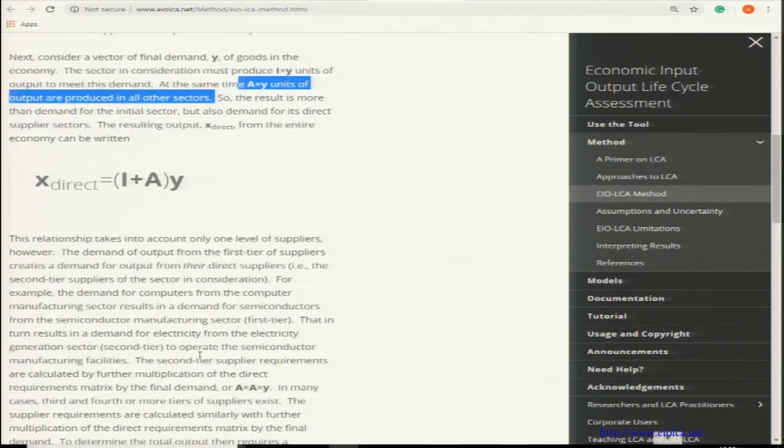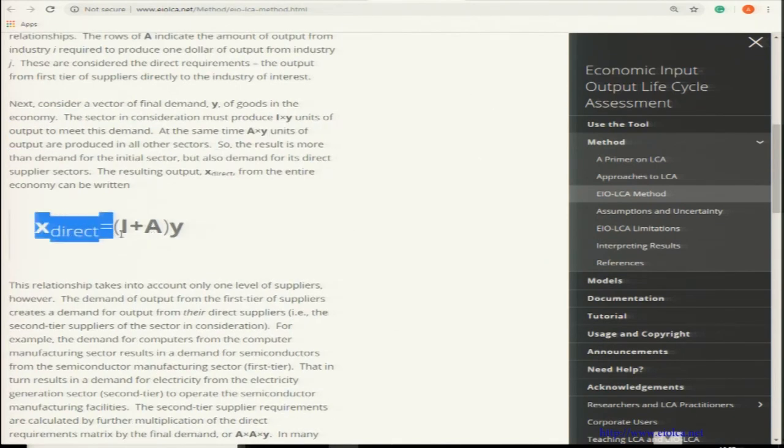Okay, so this is written in this way. This equation stands for a single tier. That is, the demand of computers: how would it affect the different sectors? What is the pollution that is produced, what is the energy consumption that is used? But the demand of computers would mean the demand of semiconductors, or the components which are required to make the computers, that will also rise. This makes it two tier if we consider the second tier. And for the demand of semiconductors, it might require metals like gold and silver that are used there, and the demand of those metals. That can be two tier, three tier. Those are taken into account by making this model.